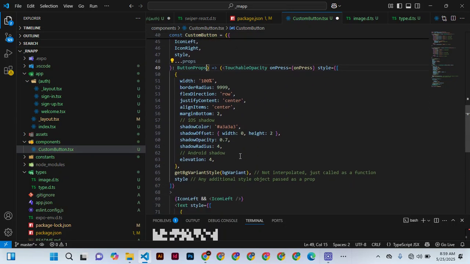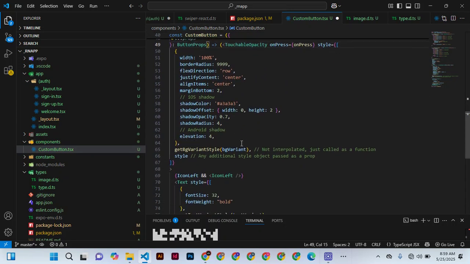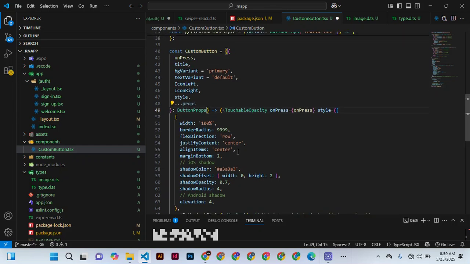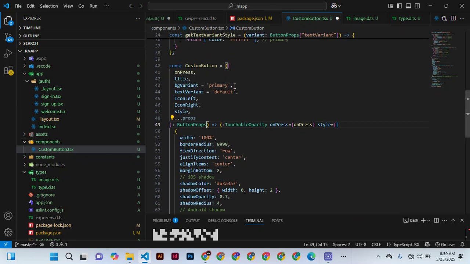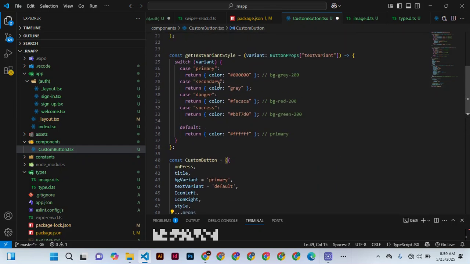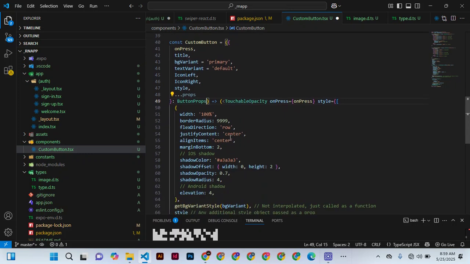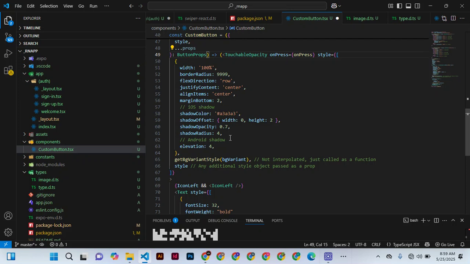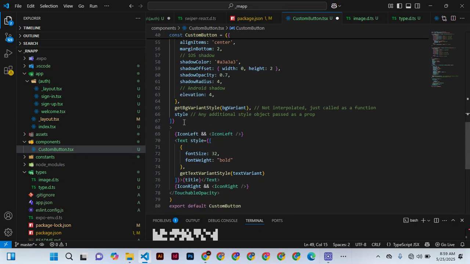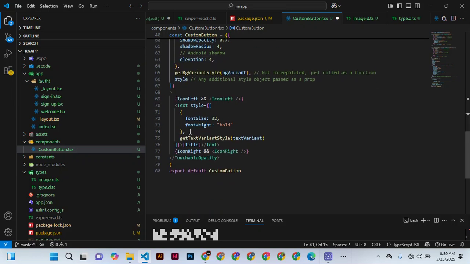Just keep here, and you can see that the get background variant, which is background variant, it is here, and it is in primary. And when you look at the primary, you will see we have black, but when you look keenly, you'll find that we also have included style here, right? And